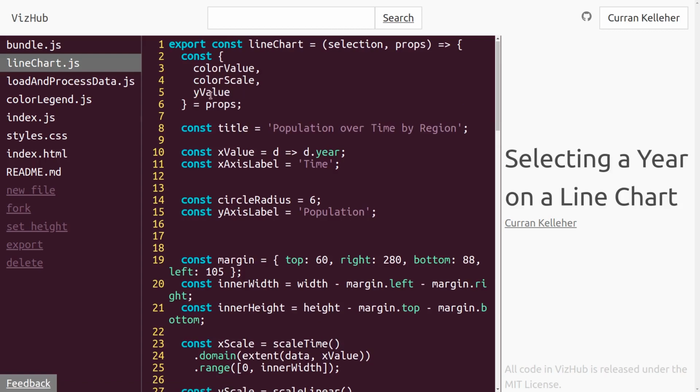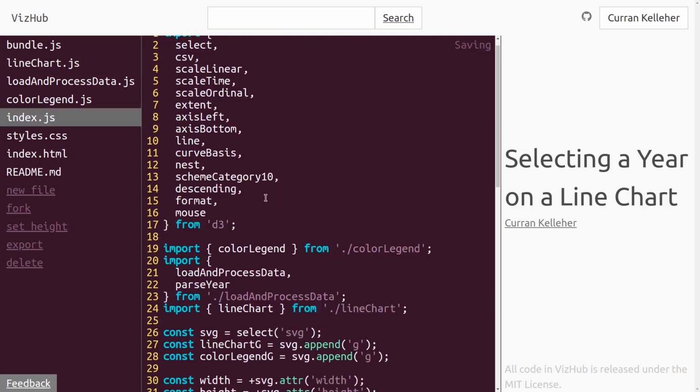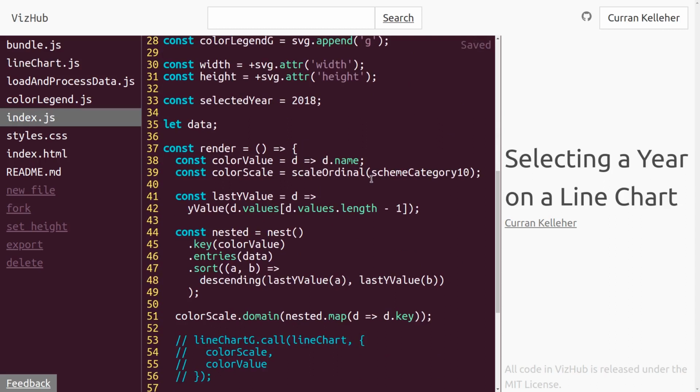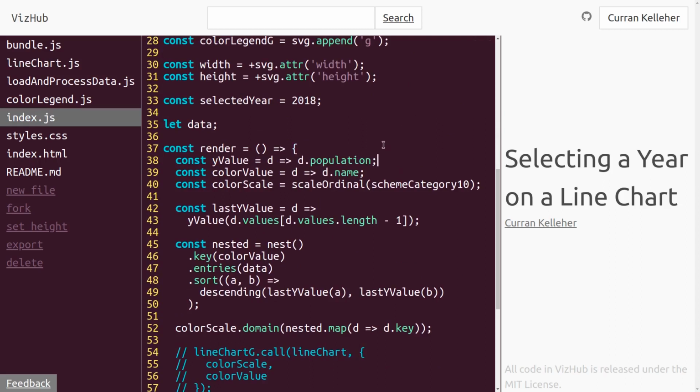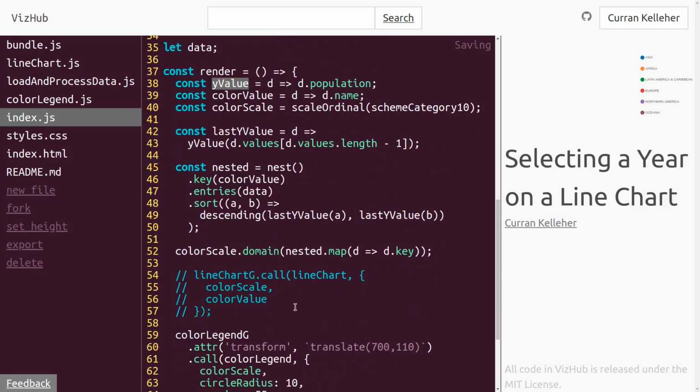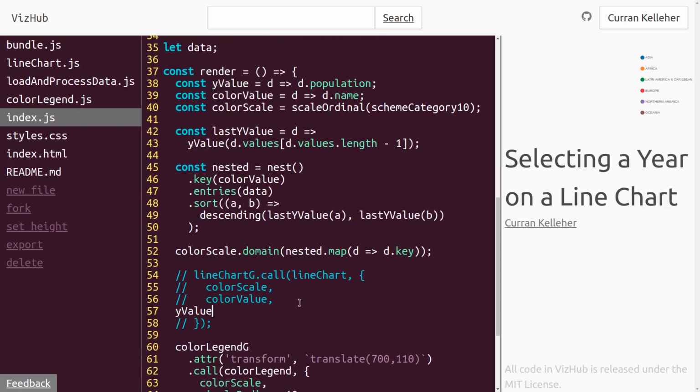Y value is a prop. So over in index.js, in our render function, I'll define y value right here, and then pass y value into our line chart as a prop. All right, now the color legend is back. Great news. So that means we're pretty much done out in index.js, and the bulk of our refactoring will be